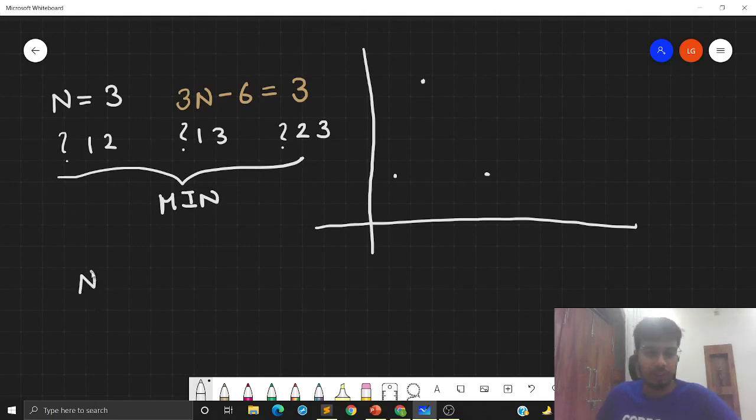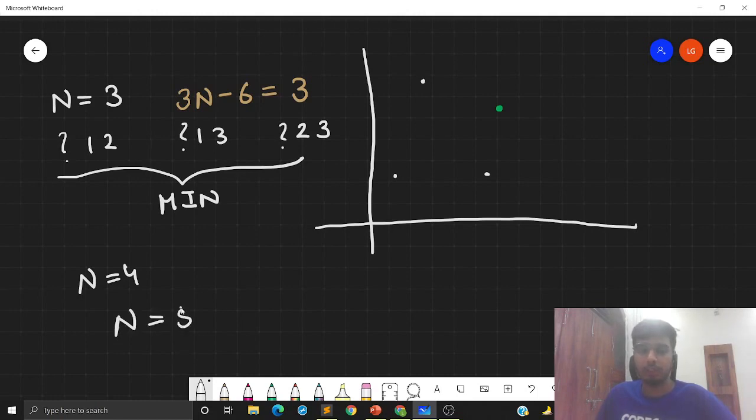What if n is equal to 4? Suppose I'm adding this new point as the fourth point. We have seen that we can ask 3 queries for each point, and out of these 3 queries, we should be able to figure out the closest pair of points, right? So for this fourth point, I can again ask 3 queries, and I will simply be able to return the minimum value among all the 6 queries that I have asked. So this case is easy.